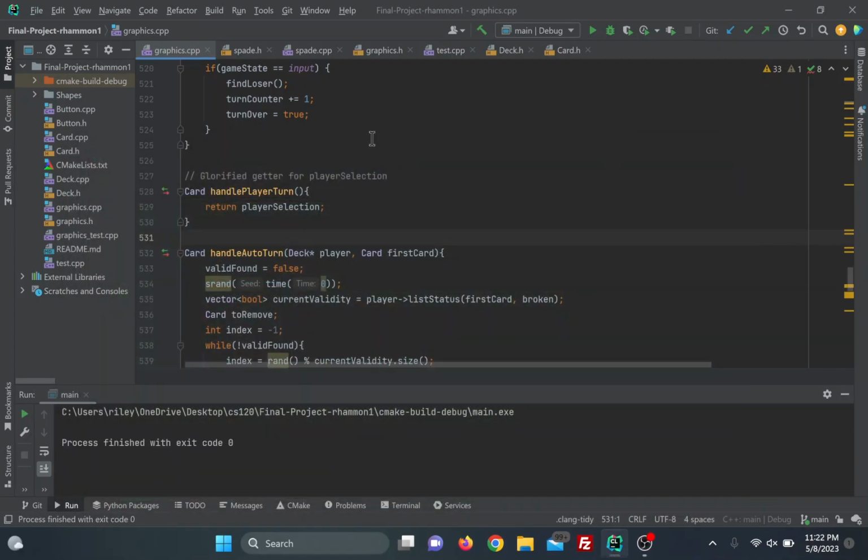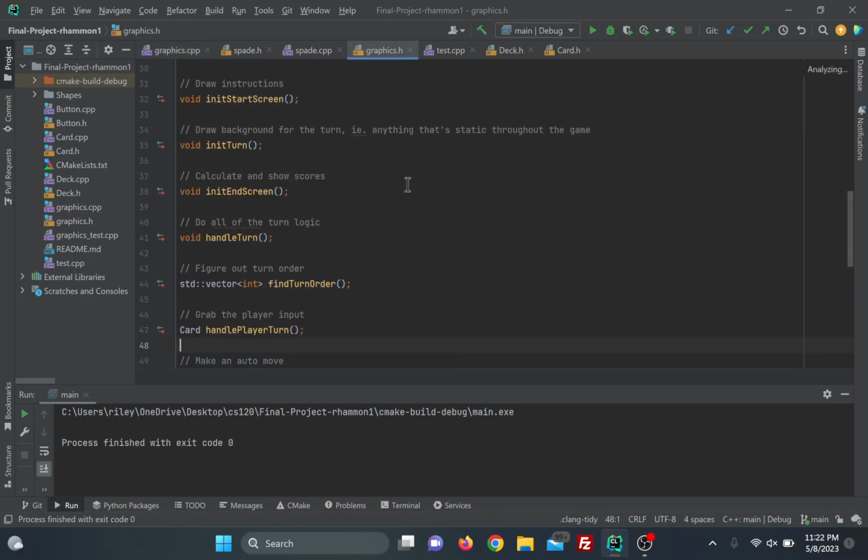Now, you'll probably notice that it does have some logic errors. You'll probably see why later. But I guess just to start,